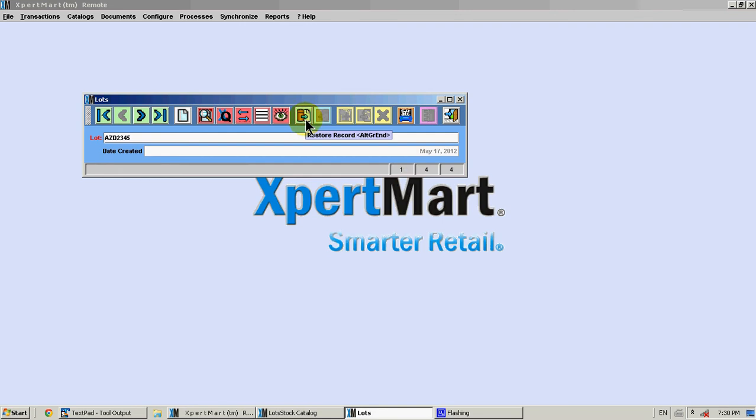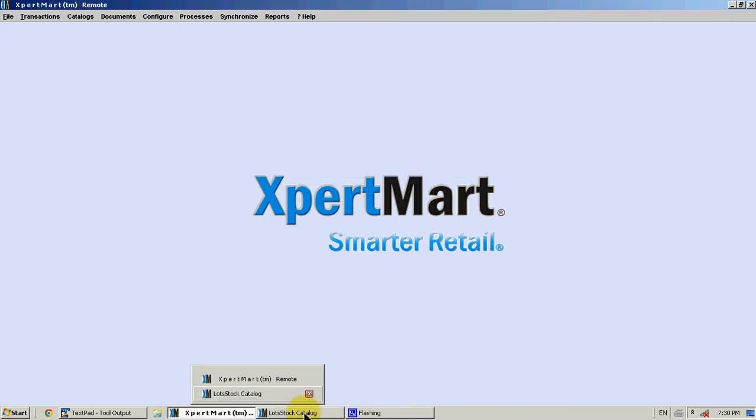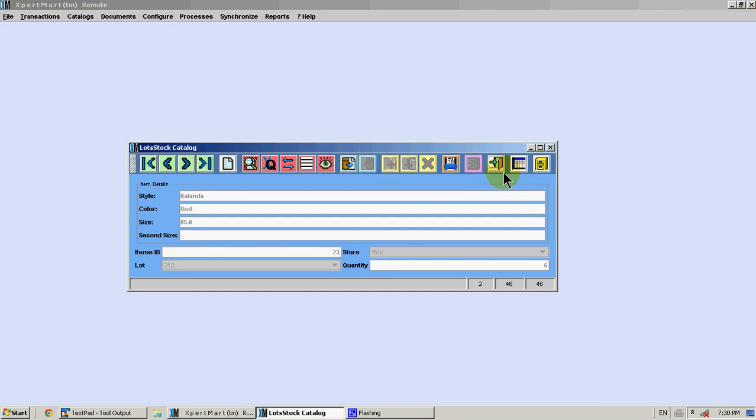Especially with lots, we may want to age them. How long has that lot been? We may want to take stuff out of the oldest lots first. So each lot is automatically added the first time we use it. It goes in and sees if that lot's already been used, then it doesn't have to open a new lot register. If it's the first time it's been used, it automatically creates a new lot register with today's date. So going back to the stock, we saw the matrix view,